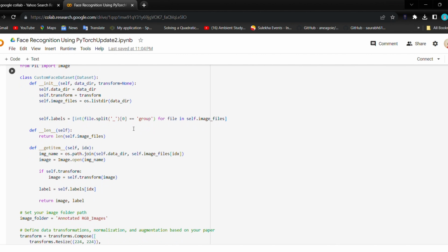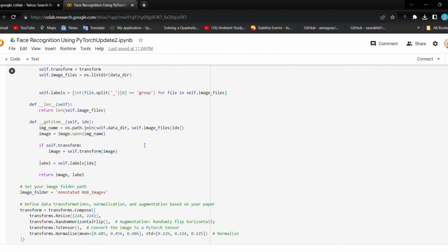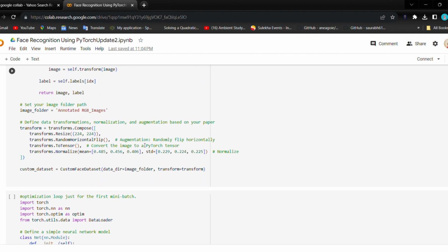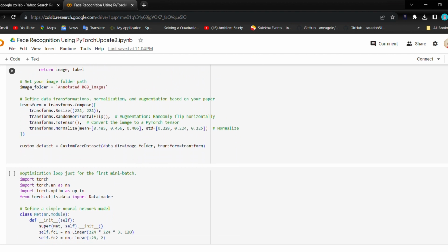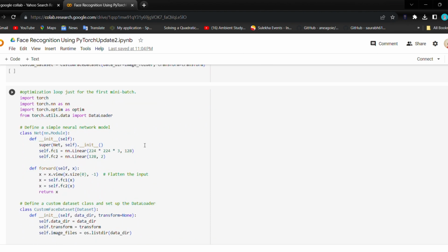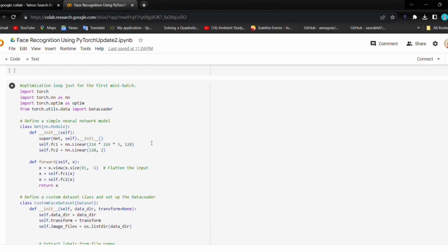The data loading pipeline involves opening images using the PIL library, applying specified transformations, resizing, random horizontal flip, conversion to tensor and normalization, and returning the image and label in the getitem method. And here is the optimization looping just for the first mini batch.